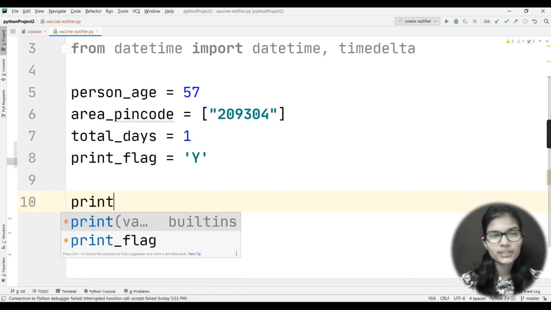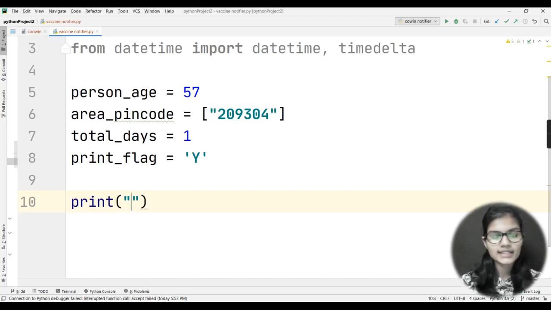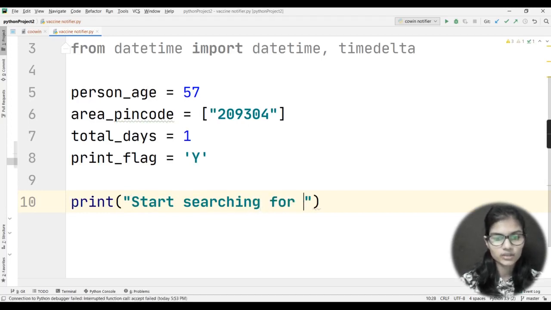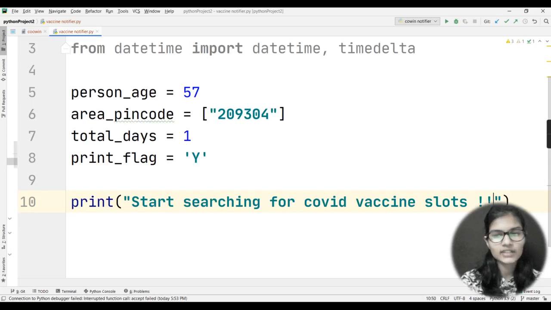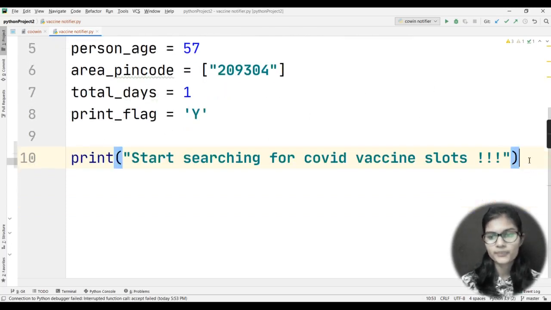So for that I would simply use one print statement here, and let's say I write here: start searching for COVID vaccine slots. Okay, let's say this is the statement that I have written. You can write any statement according to your choice. My main motive for writing this statement was that I wanted a confirmation that my program is running successfully or not. Fine. So from the first line I started doing that.